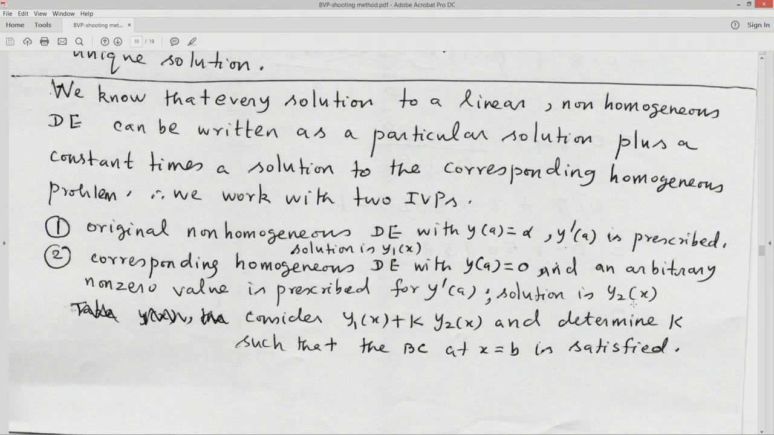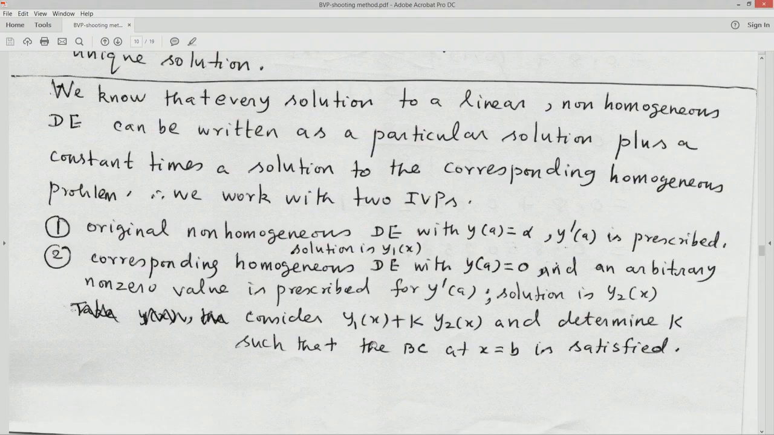Then consider a combination of these two solutions of the two linear initial value problems, namely y1 of x plus k times y2 of x. What is this constant k? In order that this combination is a solution of the boundary value problem, I must have this constant k to be such that the boundary condition at x is equal to b must be satisfied. So, we try to impose this condition and find what k is, and finally, we obtain the solution of the